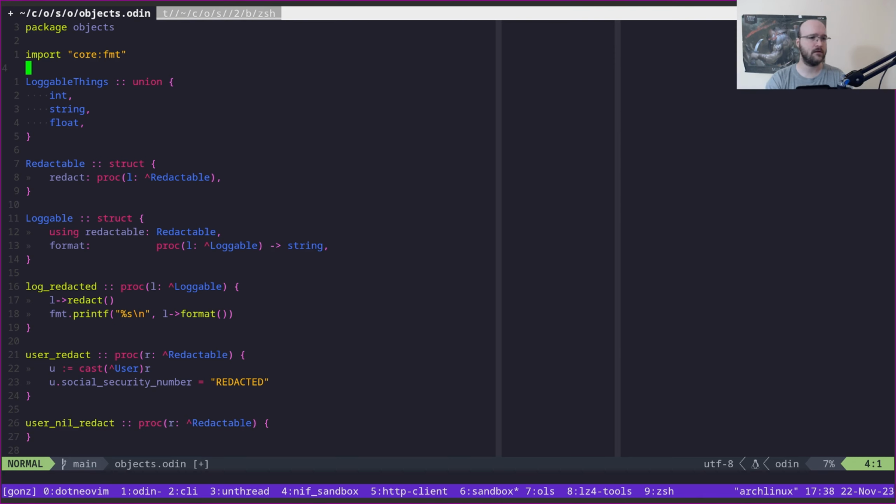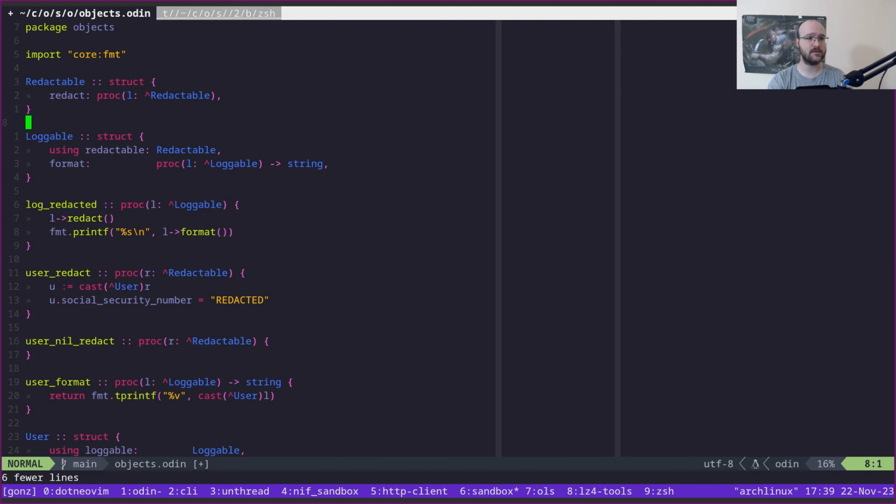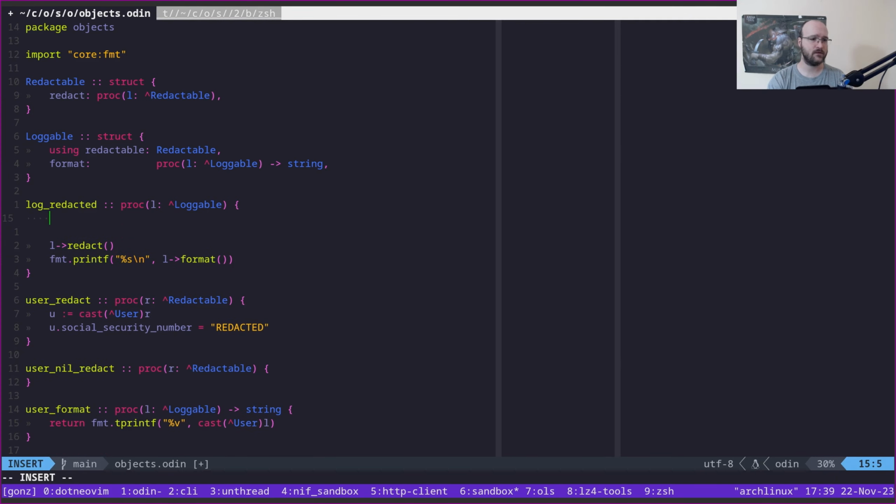But that still leaves, yes, we can do these things. We can say something is loggable, which means it is redactable, right? It has a format, it has a redact, right? And then we can write functions based on these contracts, right? And of course, log redacted here could basically say, check for nil pointers